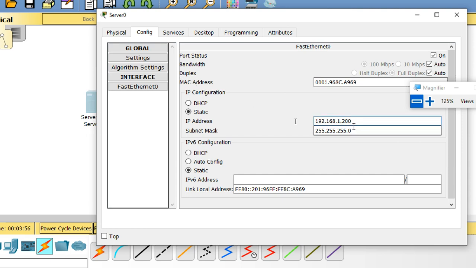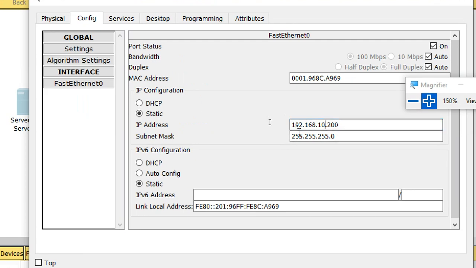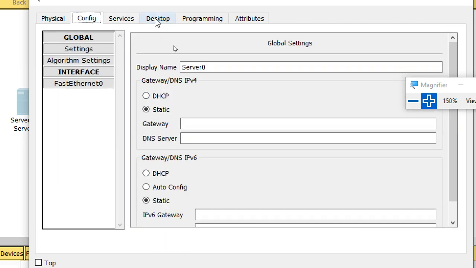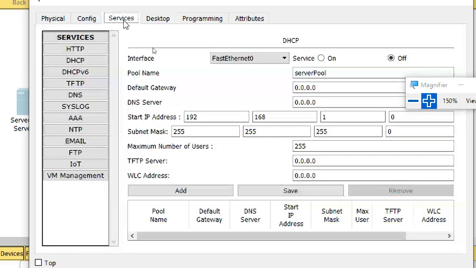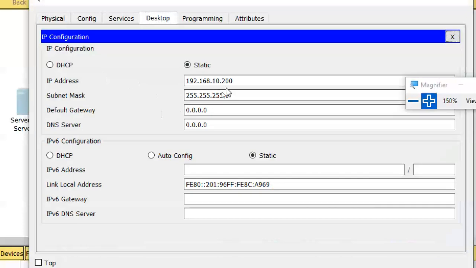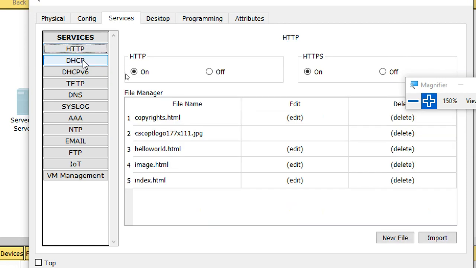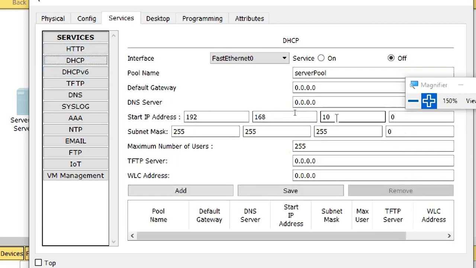For example, if I give 10, assigning the server IP as 192.168.10.200, now it will change. Why is it not changing? Yes, see, now it has changed to 10. So like that.